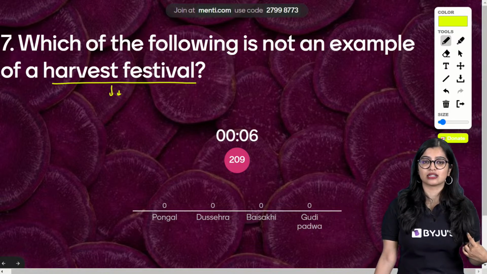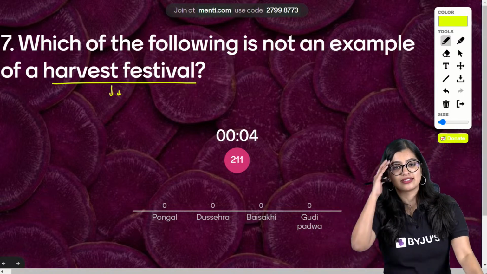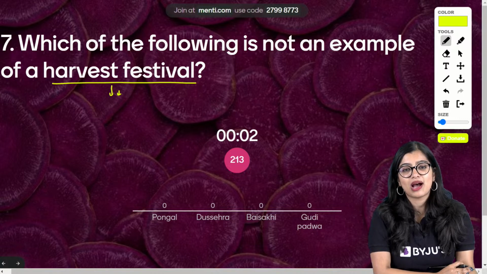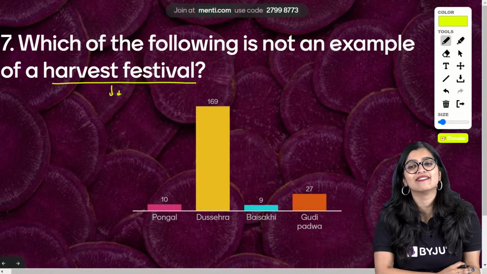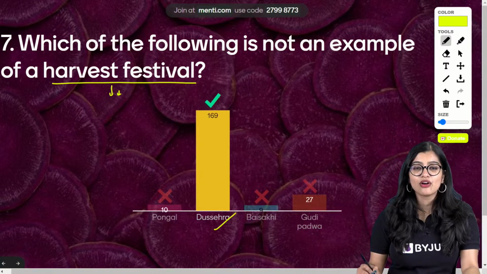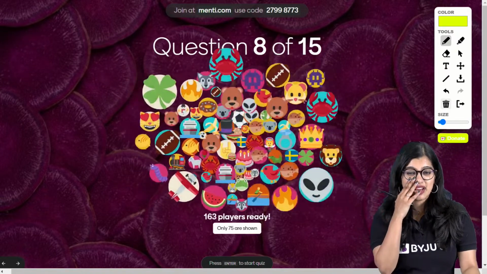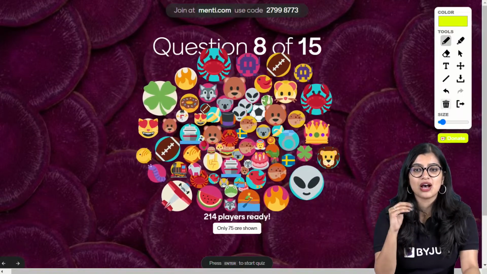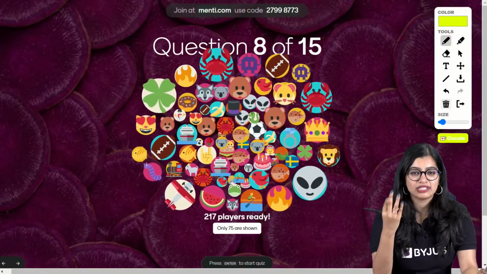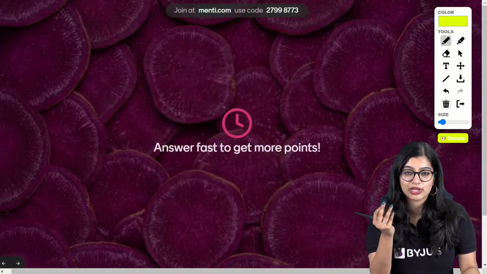Everyone should get this answer. Everybody should be getting this answer. Vedant, why? How is it relevant? I want to know. Very good, all of you. Dasara is not a harvest festival, right? Yes. So now, of course, with this, as we know, easy peasy question, let's move on to question number 8